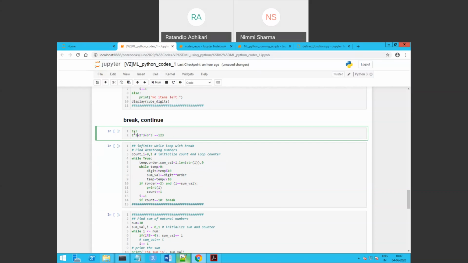So 123 is not an Armstrong number because 1 cube is 1, 2 cube is 8, and 3 cube is 27, right? So 1 plus 8 plus 27, that is 36, which is not equal to 123. So this is not an Armstrong number. But if it were equal to the number, then it is known as an Armstrong number. So our intention here is to find the Armstrong numbers, right? So yeah. So what we are doing,